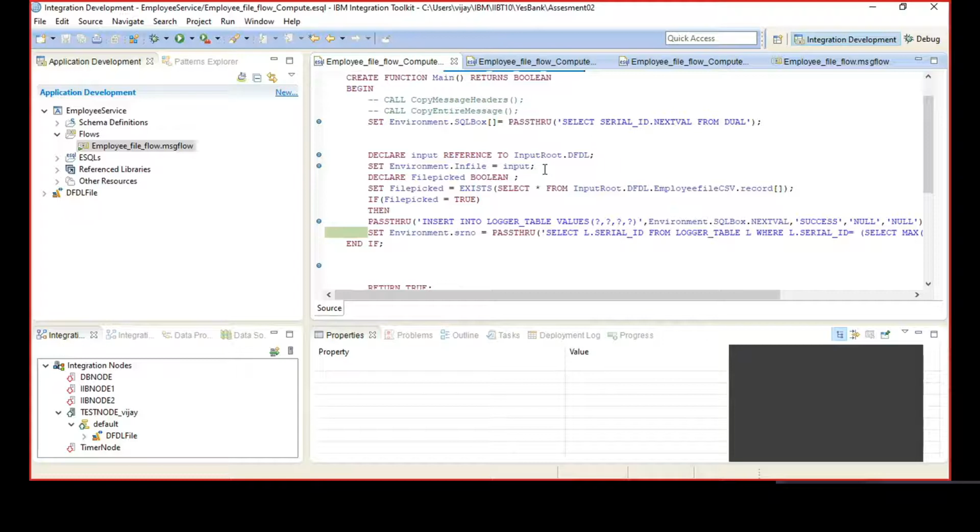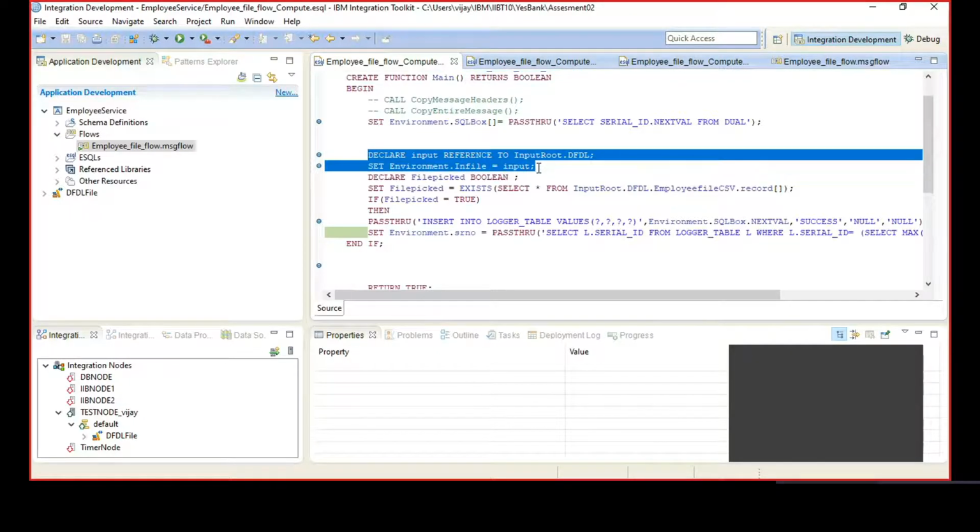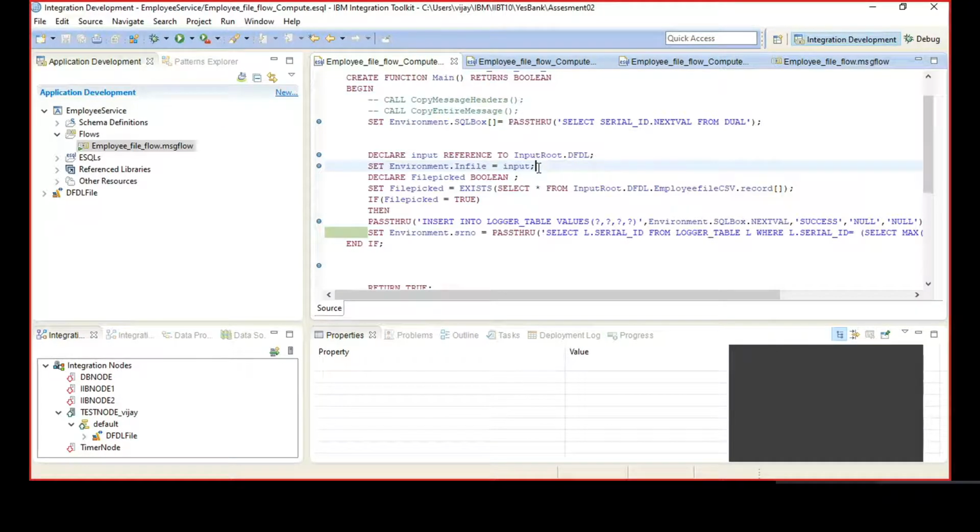The rest of the part is for logging the table, so don't mind that. Only this much part, from here to here. This is the main task of this compute node, that it is storing all the input from the file input node to the environment variable.